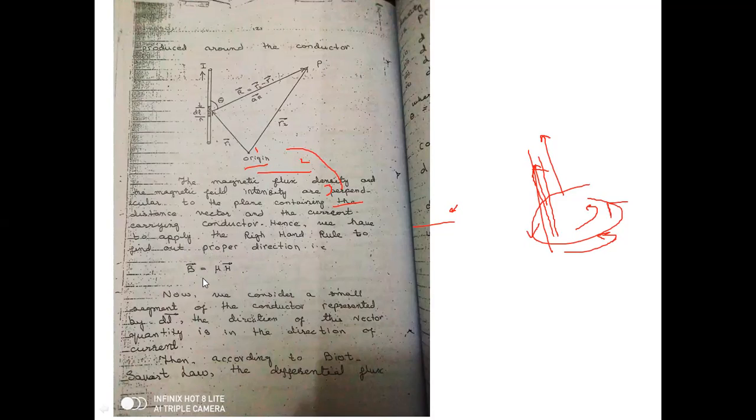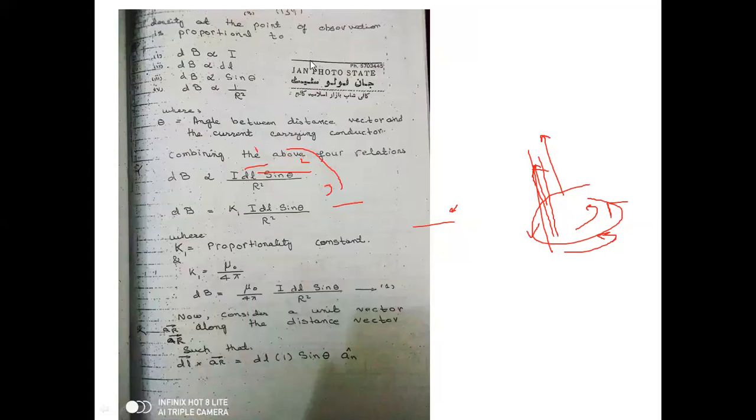Okay, B represents the magnetic flux density and H represents the magnetic field intensity. Now we consider a small segment of the conductor represented by dl. The direction of the vector quantity is in the direction of the current. Then, according to the Biot-Savart law, the differential flux